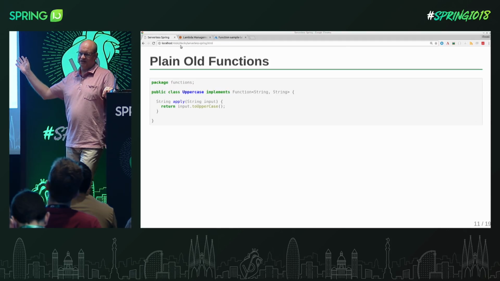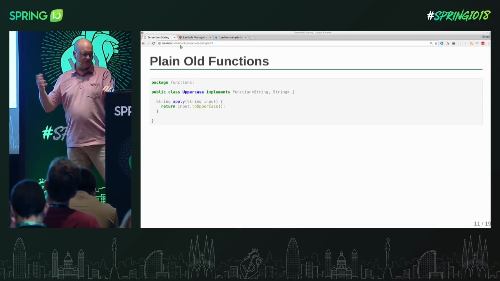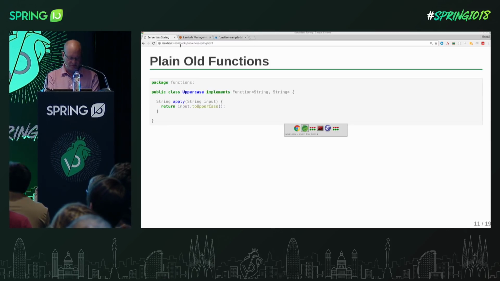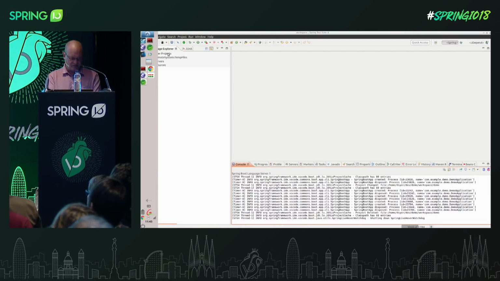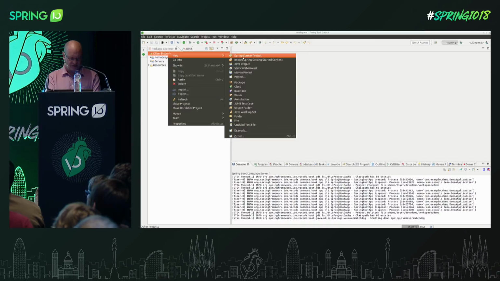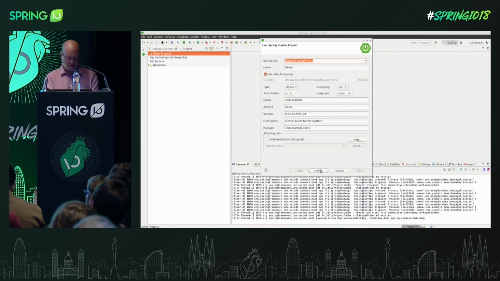We'll find the classes that implement function, and if you tell us where to look, we'll turn those into invocable code. Probably I won't demo that per se, but let me just show you how easy it is to get started. Here's a demo from